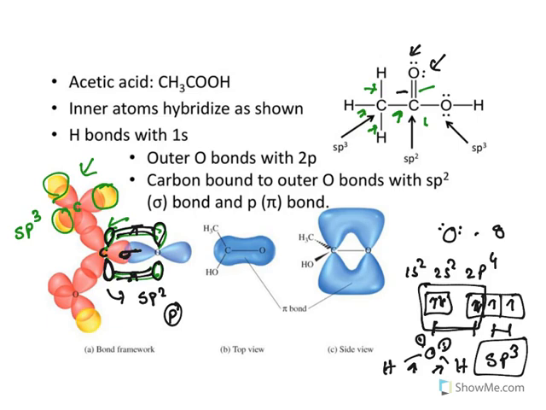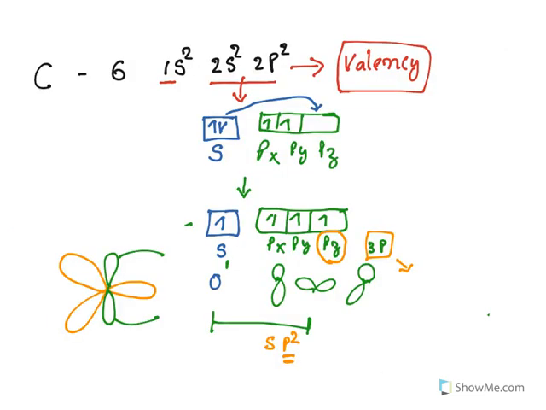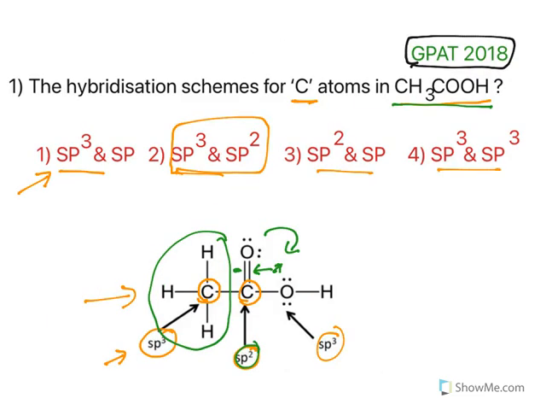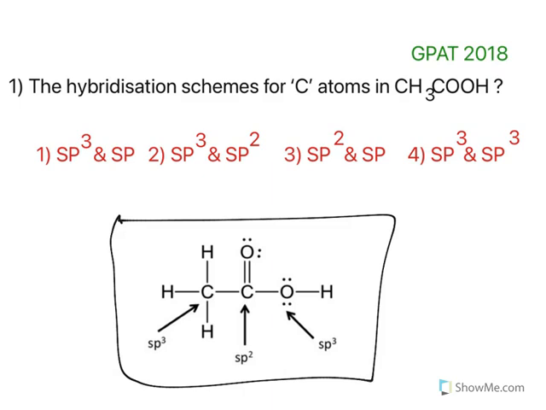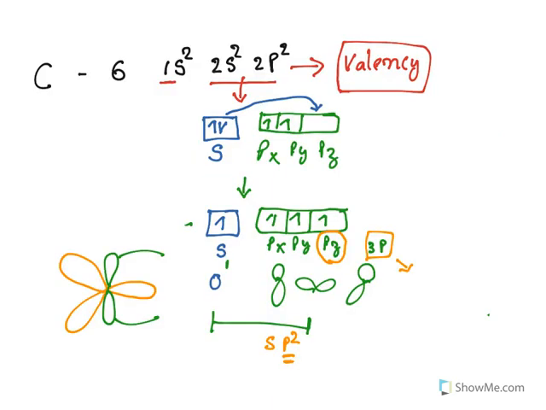In the case of sp2, only one bond will be there, and another one will be a vacant p orbital, and that is what is depicted here. This one is the vacant p orbital. So oxygen is also undergoing sp2 hybridization. See here, this oxygen is also sp2 hybridized. But the question is about carbon, so we stick with these two, sp3 and sp2. Hybridization is an important concept. When you understand it, you can get clear on everything. So again, if you have any doubt, go through it again, and just leave a message there.